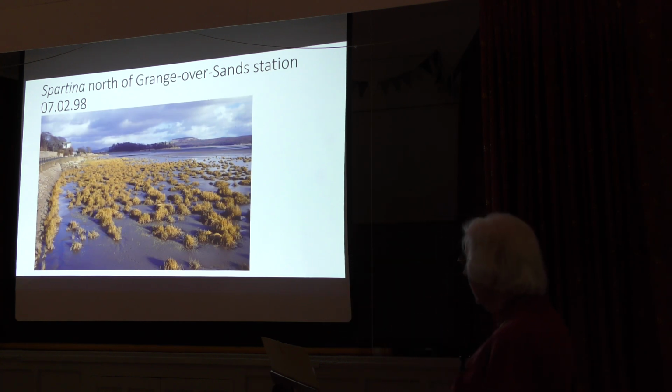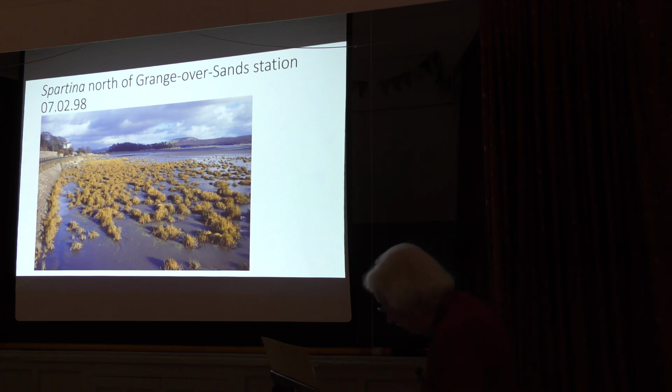This is the north end of the promenade, north of Grange-over-Sands Station, and you can see that the spartina is quite patchy at this point. So that was what has been happening over on the west side of the estuary while the Silverdale Salt Marsh was eroding. But we'll take this a little bit nearer the present,